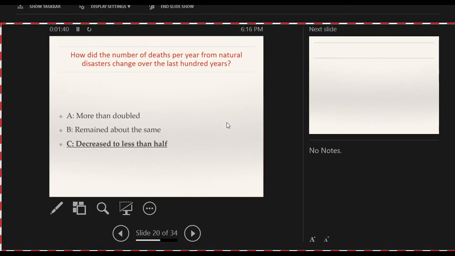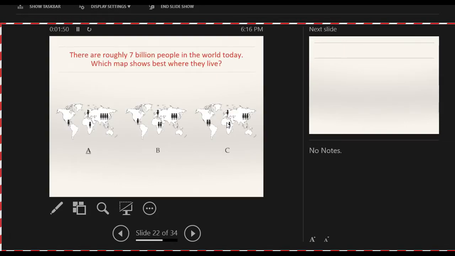How did the number of deaths per year from natural disasters change over the last 100 years? The number of deaths from natural disasters in the last 100 years have decreased to less than half of what it was 100 years ago. And there are roughly 7 billion people in the world today, and which map shows where they live, which is representative? A. The vast majority of people live